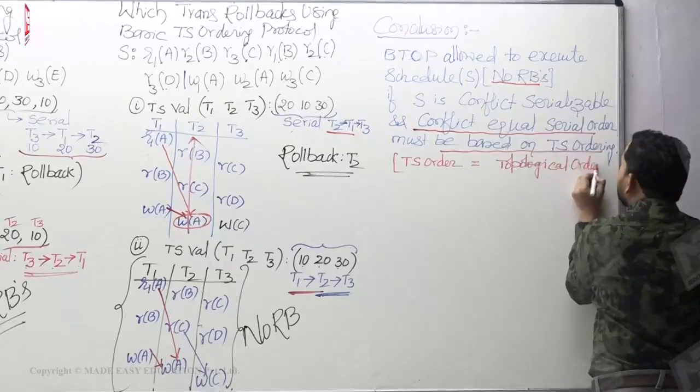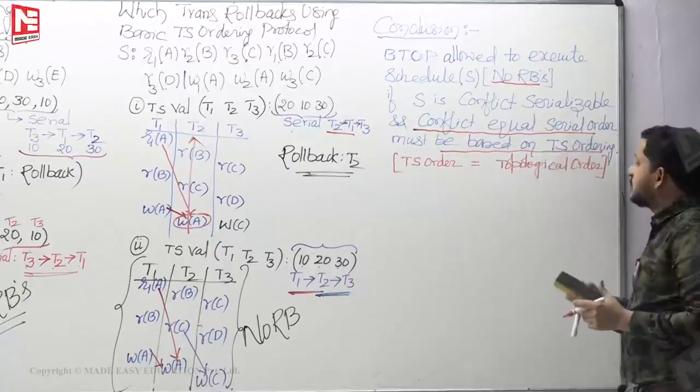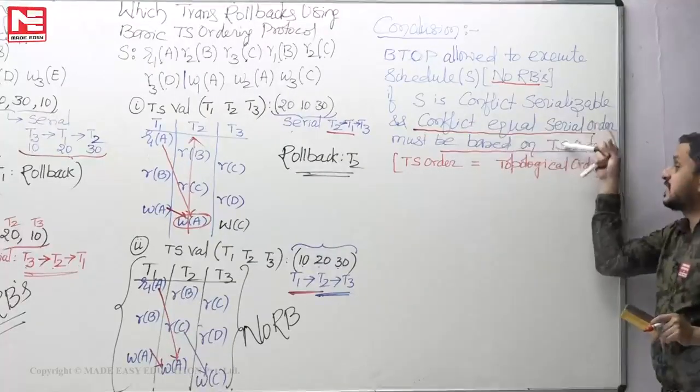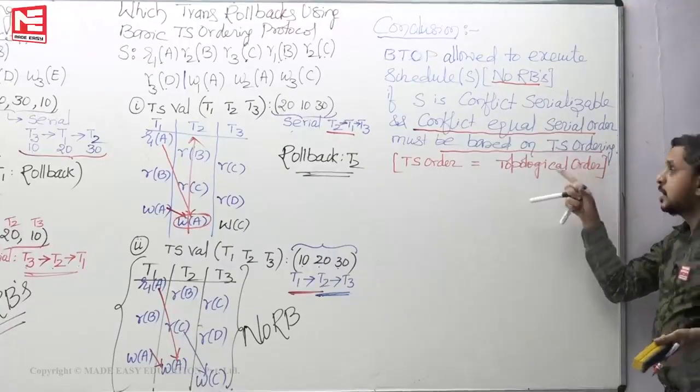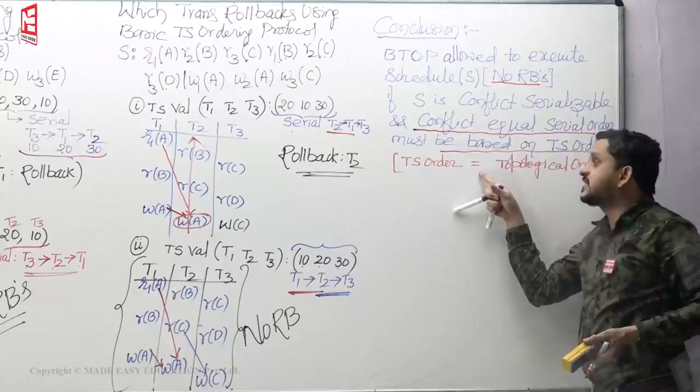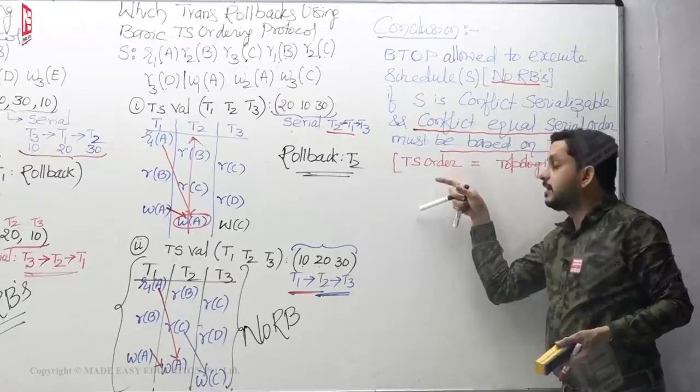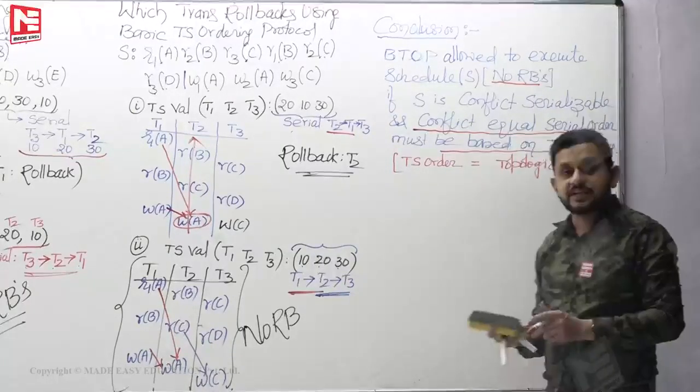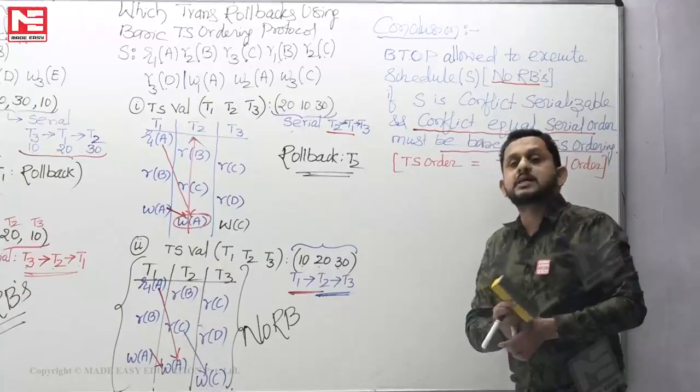That is the meaning of conflict equals serial order, which means topological order only. If it is equal to the timestamp order, then the schedule is guaranteed to be allowed to execute by the basic timestamp ordering